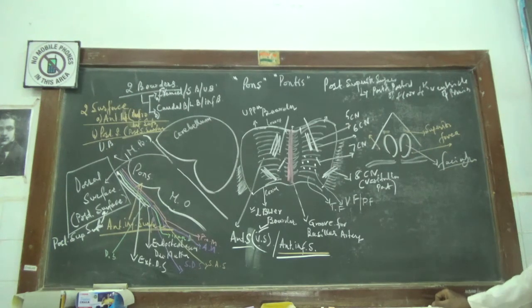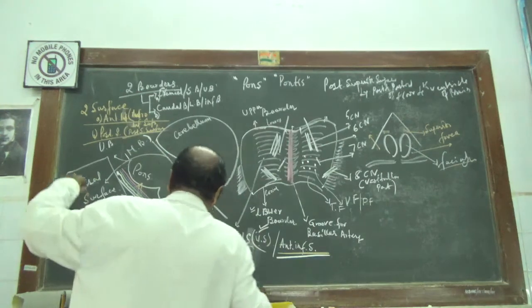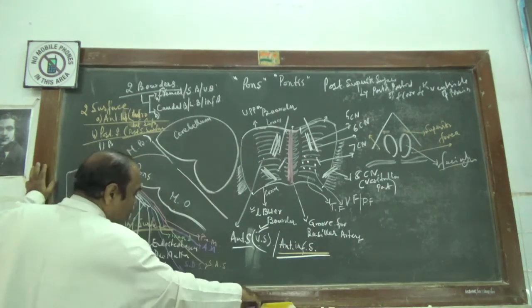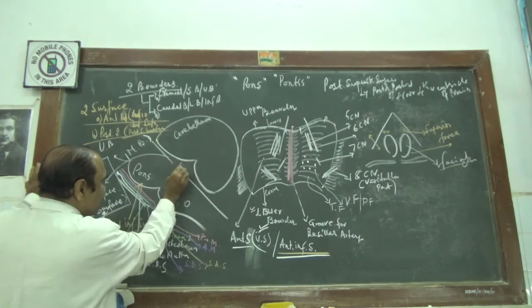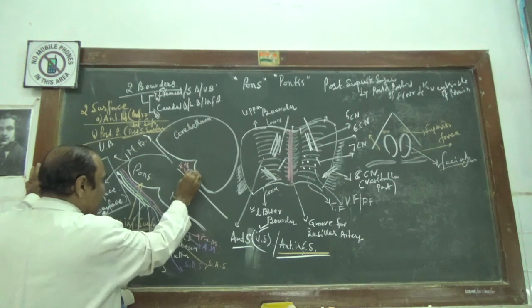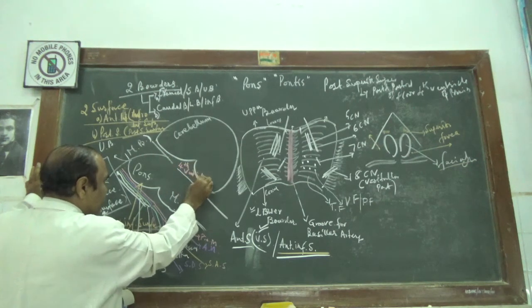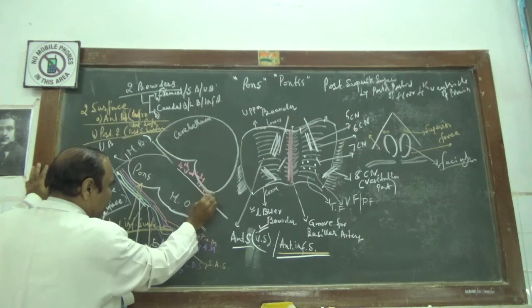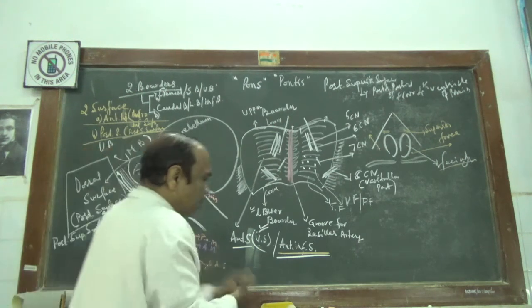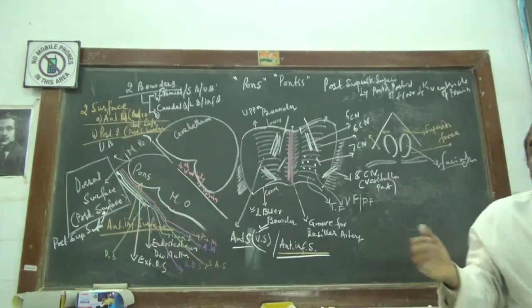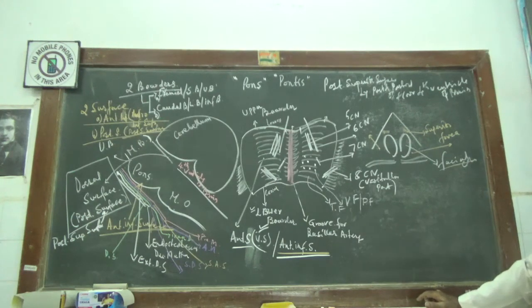So this is what you will get into view for the pons. This is the fourth ventricle of the brain. So this is the pons. Another name for the pons is the pons varolii. Definitely you have to remember